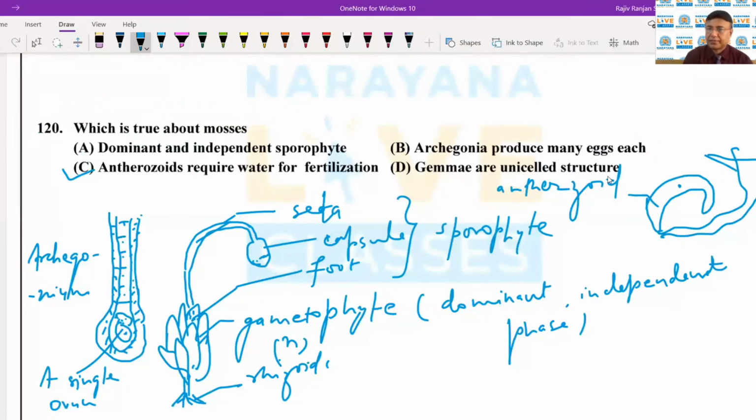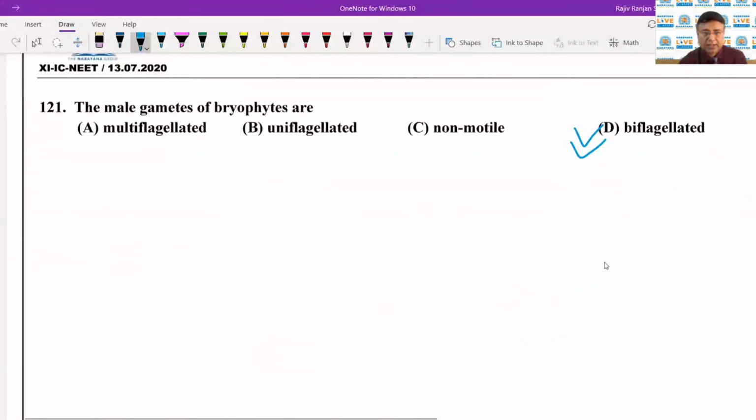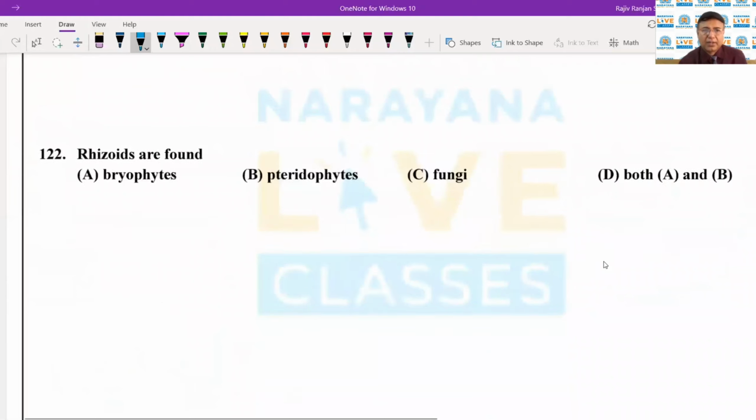ये दो जो है ये फ्लैजिला हैं। ठीक है, और इन फ्लैजिला के हेल्प से वो पानी के सरफेस पे, पानी में तैर सकता है। तो दीज आर द फ्लैजिला। ठीक है, पेयर ऑफ फ्लैजिला। तो द करेक्ट आंसर इज डी। ठीक है, तो अब नेक्स्ट हम लोग क्वेश्चन की तरफ बढ़े।